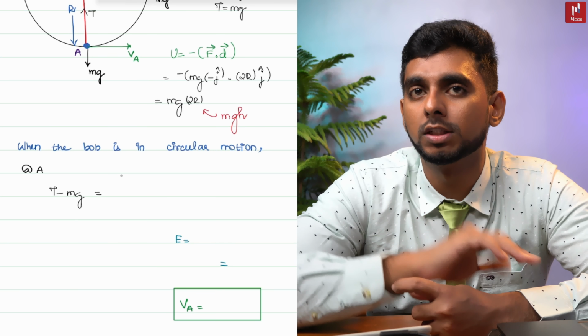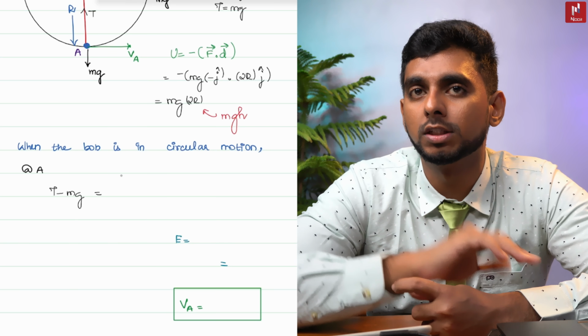right. So next what I'm going to do is get the total energy at that particular instant. The total energy at that point A will be equal to only kinetic energy. Therefore you will have half m v_A squared plus 0, because you do not have any potential energy, since that was the point of